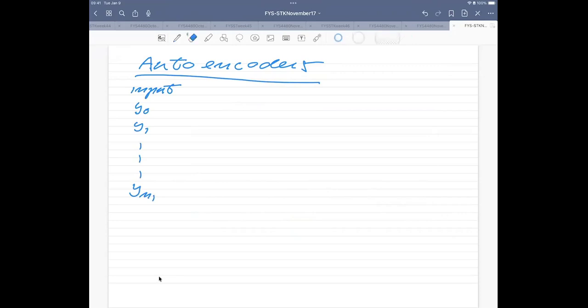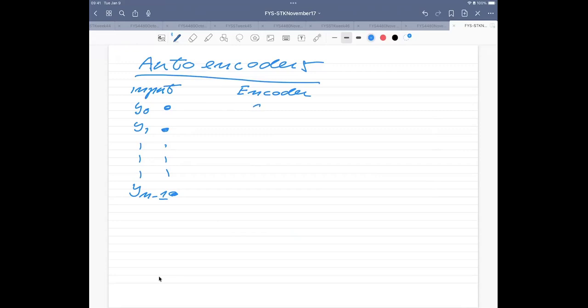Now, this data, we can represent by different nodes or units. This data feeds into what we are going to call an encoder. This could be a standard neural network, and you're encoding the data into that one. So you want to make a model which reproduces your data.